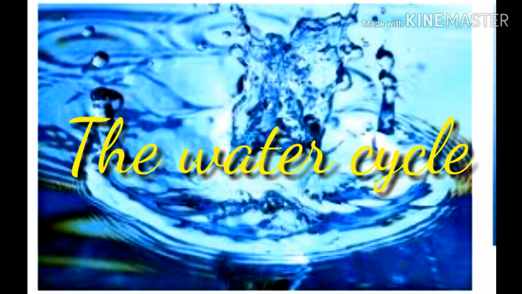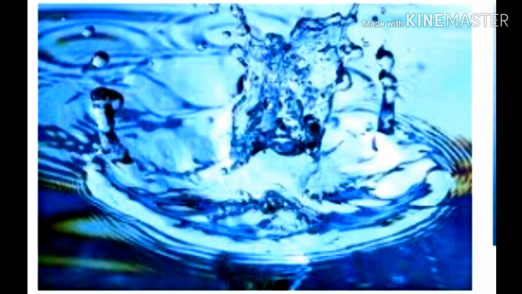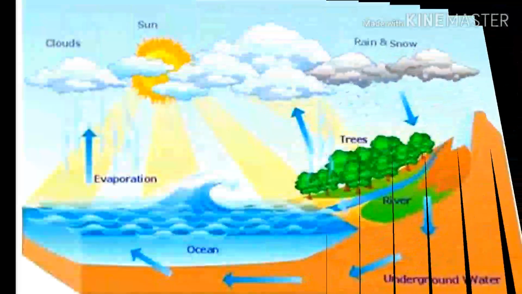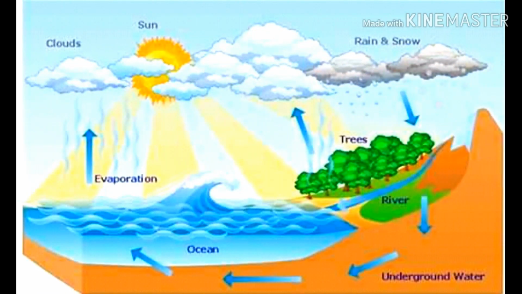The water cycle. The water cycle describes how water evaporates from the surface of the Earth, rises into the atmosphere, cools and condenses into rain or snow in clouds, and falls again to the surface as precipitation. The cycling of water in and out of the atmosphere is a significant aspect of the weather patterns on Earth.